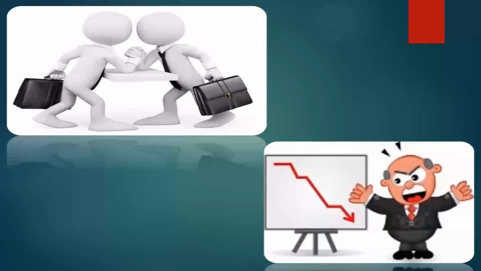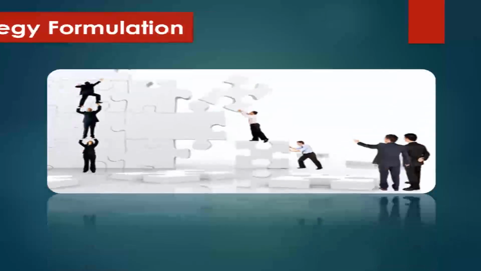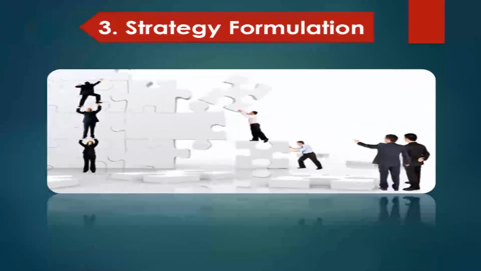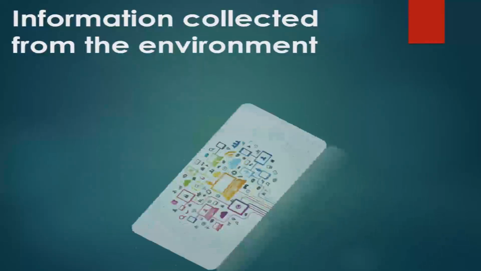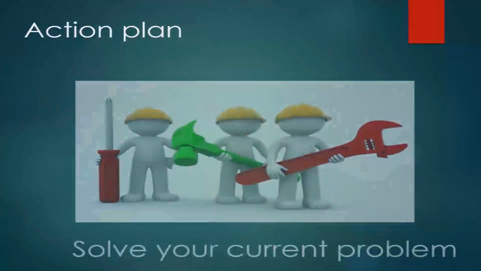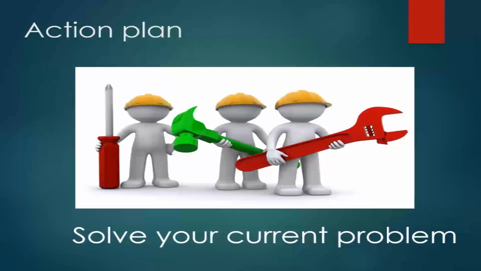of your restaurant. Coming to the third step, it is strategy formulation. In this, you consider the information collected from the environment and will think of an action plan to solve your current problem. Using the same example, you collected information about new technologies and formulated the strategy of updating your current